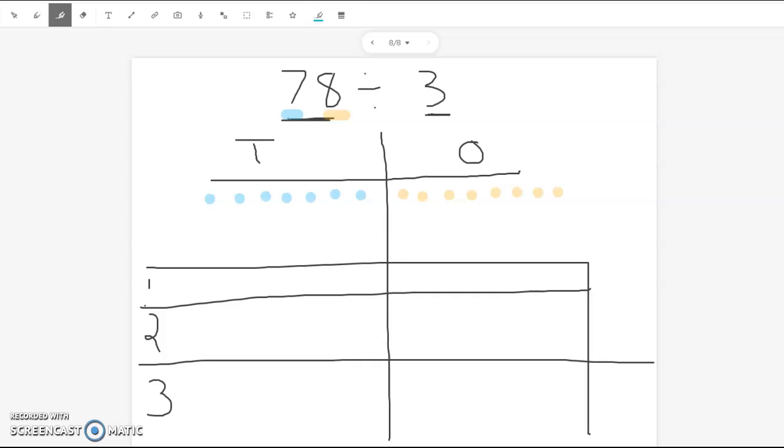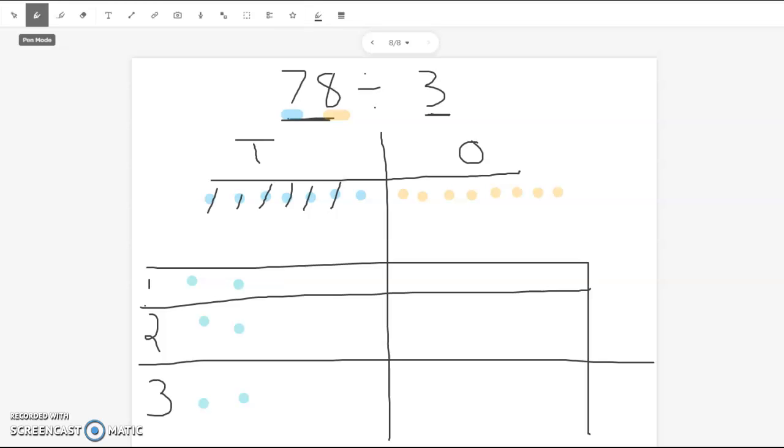So I have 7 right here, so I'm going to count until I can. 1, 2, 3. So I'm going to cross off 3. I used those 3. 4, 5, 6. I'm noticing right now I have 1 ten left here,